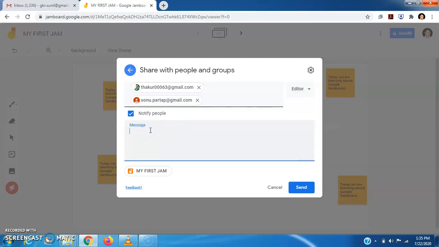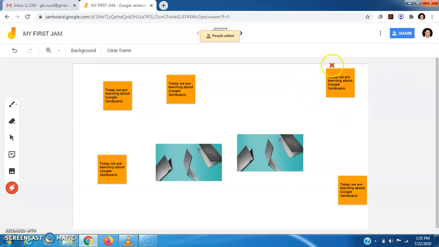This is very important when we have to do some collaborative work. We can do it with all the students, or if we are a group of researchers, then we can use it concurrently, and we can give a particular message. Please check it, and we can send it to them. Then the people who received this mail can edit this, and I will see the changed version of this.